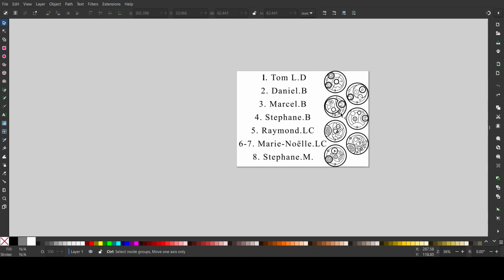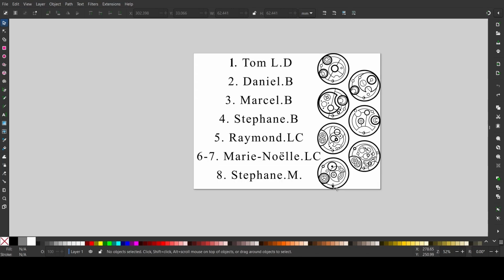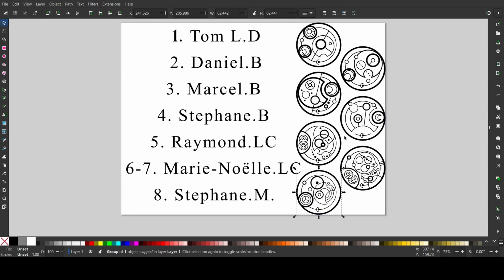So, yeah. I made the 2 Stephanes very different, just because I wanted to make them look different, because they're very different names. So, yeah, I'm quite happy with how different these 2 look, especially with the PH here, as opposed to the P and the H here, because you can do it as a P and an H, or a PH. So, yeah, these are the 2 different Stephanes,